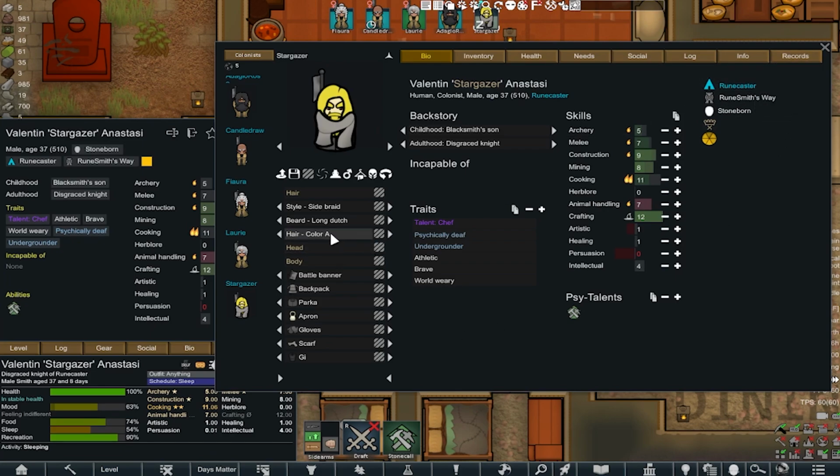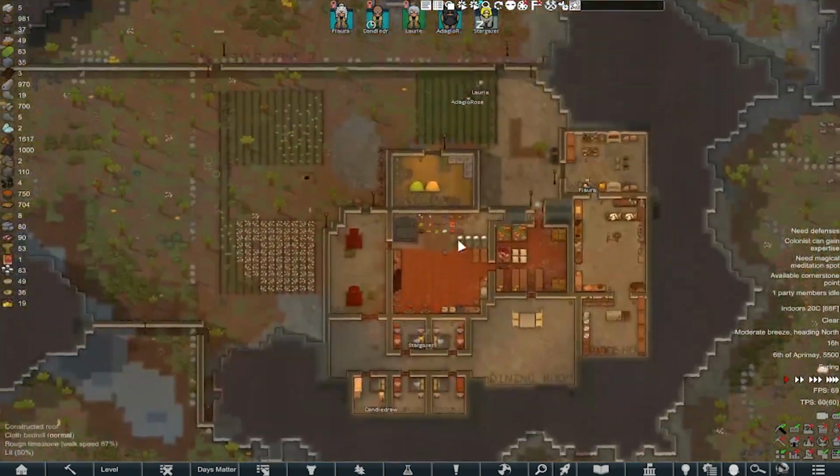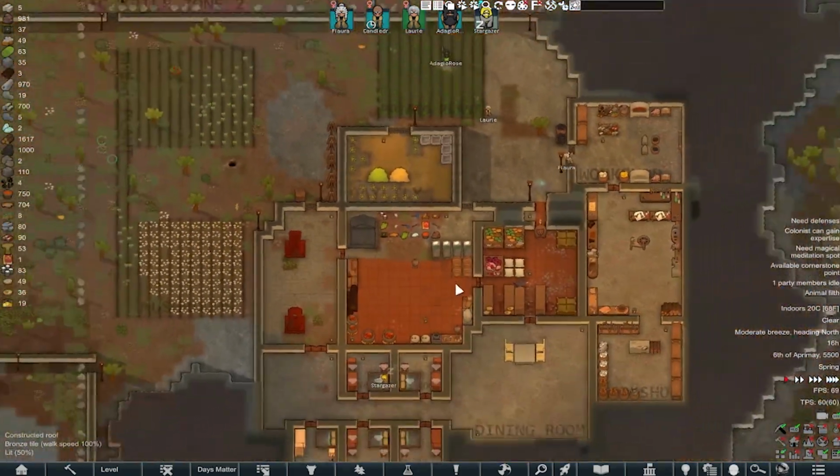There he is. And he doesn't have a tear tattoo. He has a star tattoo. It is a star. There we go. And he's on night shift with cooking. So yeah,